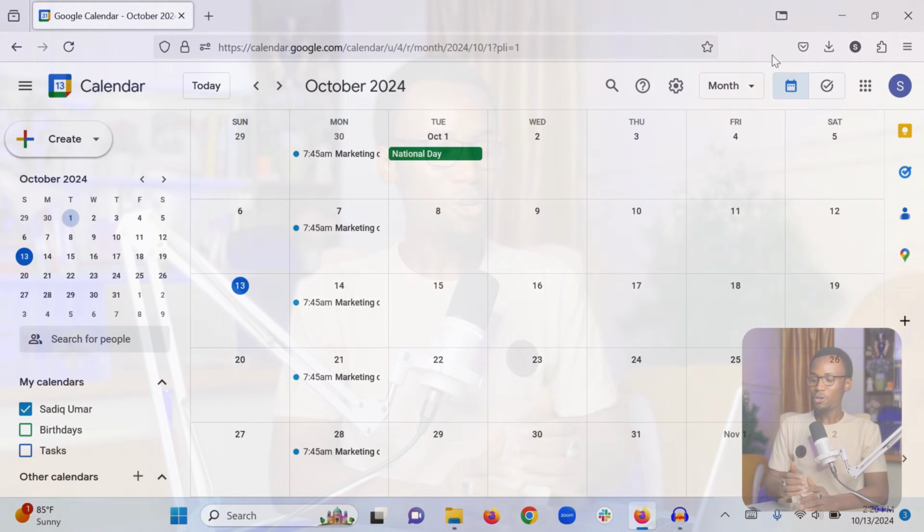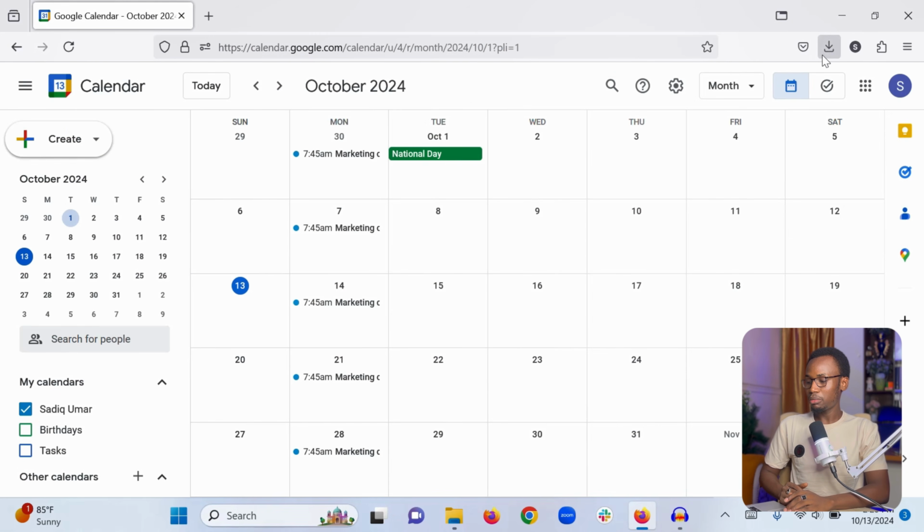The next thing I'm going to show you is how to create an event or appointment and how to add guests or attendees. In order to create an event or appointment, what you need to do is come to the day where you want to schedule the event, where you want to add the event or appointment. If you want to create an event on the 13th of October, that is the date of recording this video,